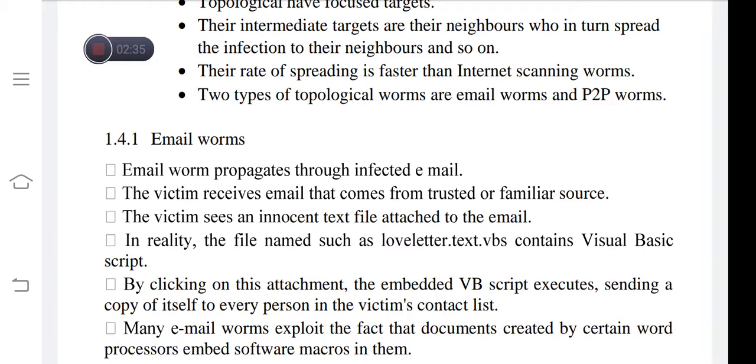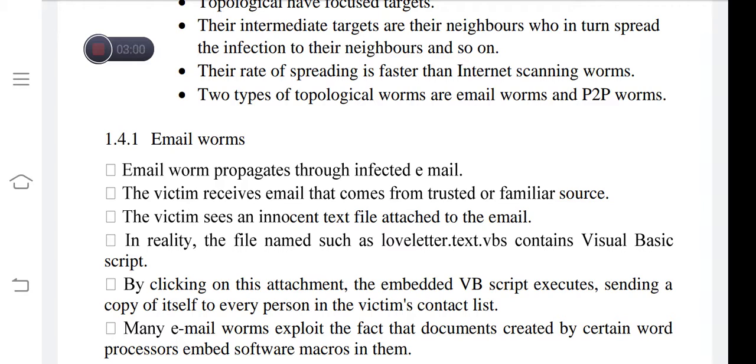The victim receives the email that comes from a trusted or familiar source. The victim sees an innocent text file attached to the email. But in reality, for example, the file is named such as loveletter.txt.vbs.